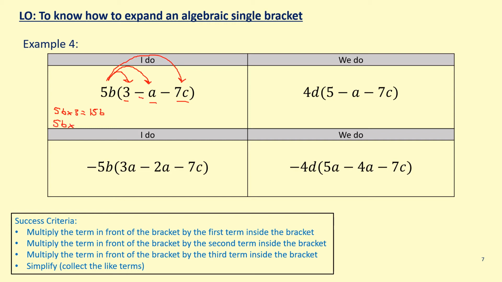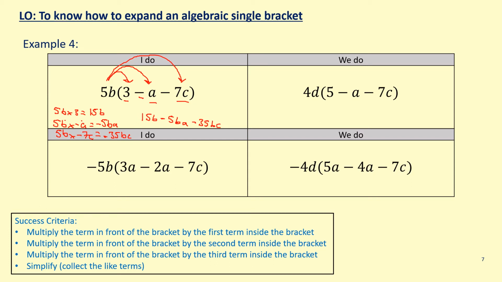times minus a. So 5 times 1 is 5, a times b is ba, sorry, and then it's minus because it's a positive times a negative. And then we also have 5b times minus 7c. 5 times 7 is 35 bc, and it's negative. So the final answer is 15b, take away 5ba, take away 35